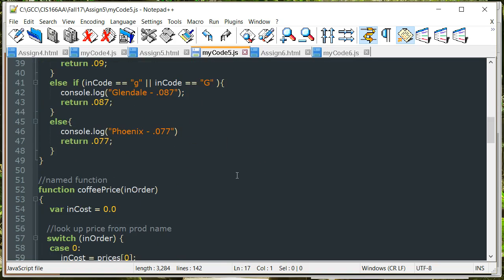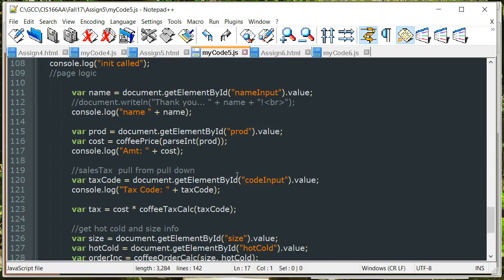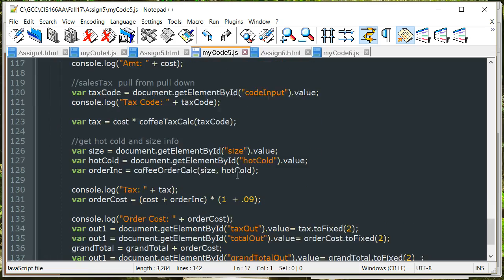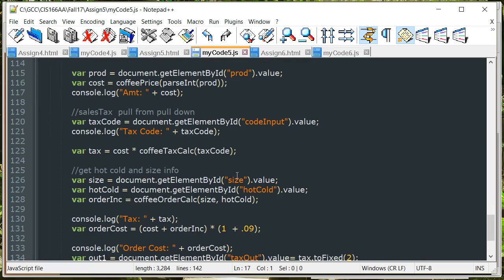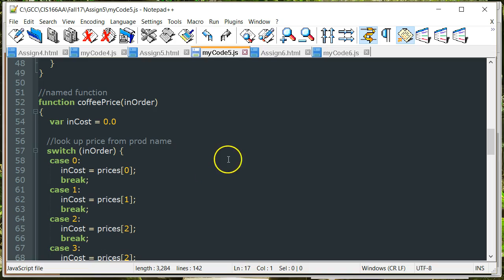I don't think from a run standpoint it should look much different than what you saw before. And again, the only real difference here is I'm pulling from the parallel array, so I'm sending it some information up here on the coffee price function. I'm giving it the order, whether it's 0, 1, 2, or 3, and that's how I'm picking up the